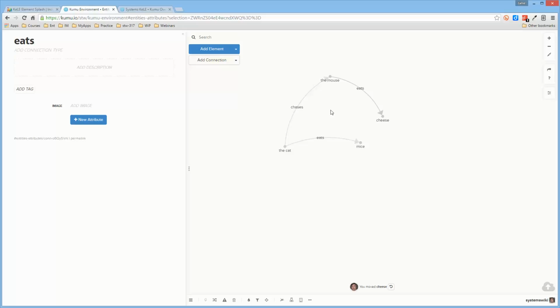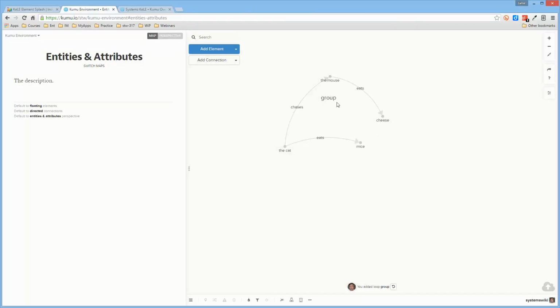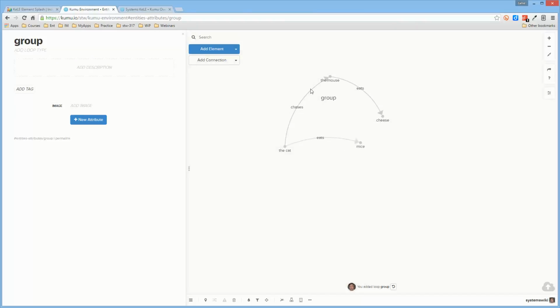The only other type of entity that is available to work with is called a loop. And if you select two or more connections, this add loop option pops up. And this is, I'll just call it group. So what you end up defining is a group which consists of this relationship and this relationship and the entities that it's connected to. But notice that for group, there's a title, a type, a description, tags, add image, and